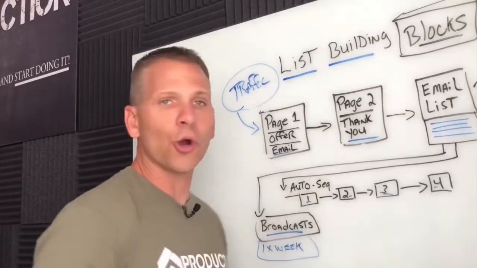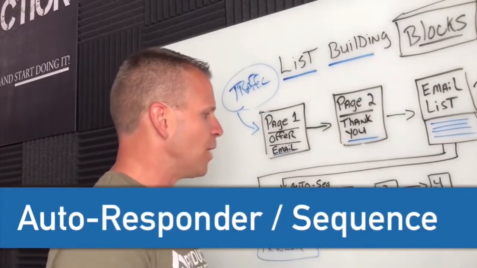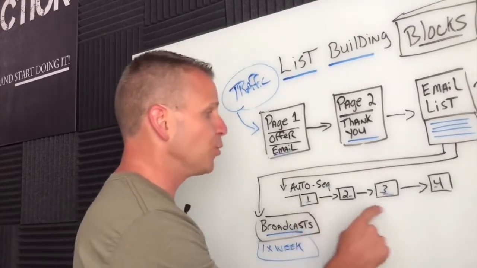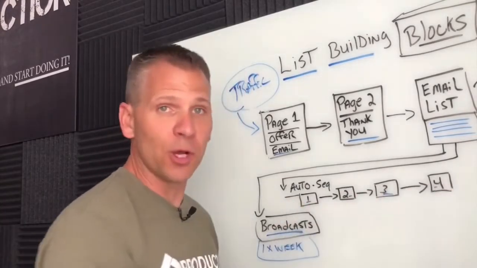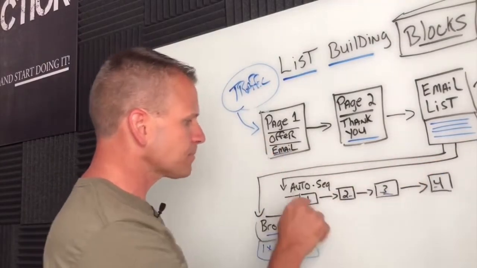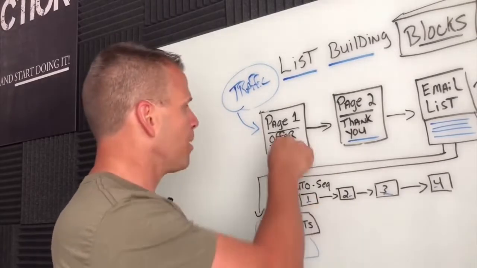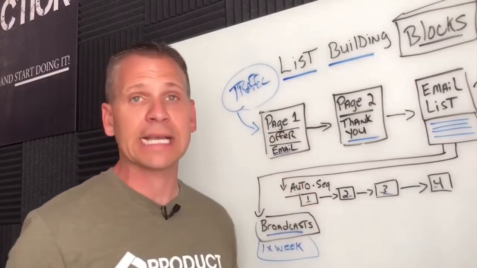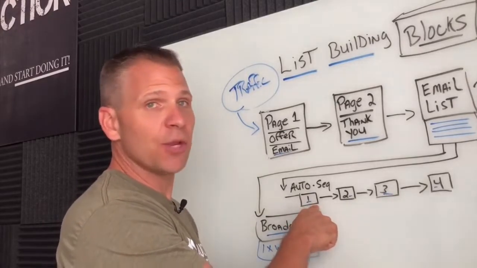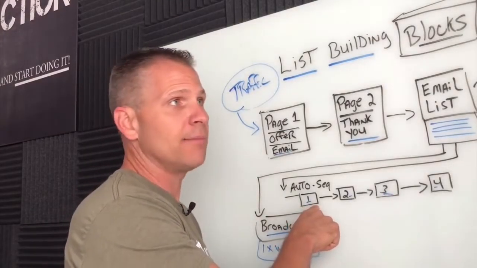That's what we call an autoresponder. This is our auto sequence. We usually build this out with 4 messages, all right? So 1, 2, 3, 4. Again, some more building blocks, because what happens here is we automate this process. This will maybe deliver what we promised here, maybe just a reminder, or if it's a contest, we say, hey, just want to let you know that you're entered, everything went through fine, and you have more ways to enter